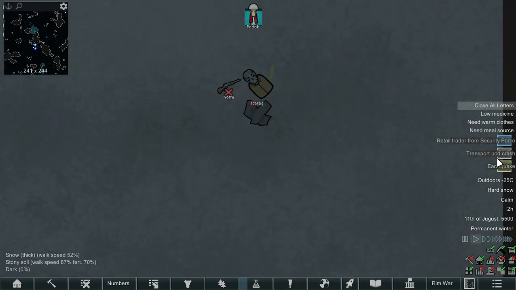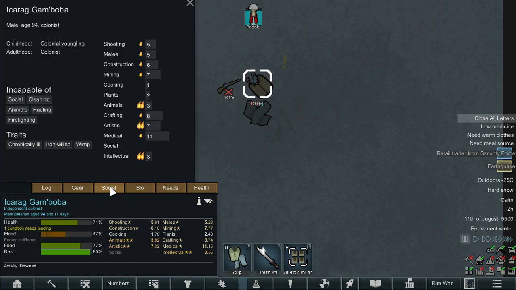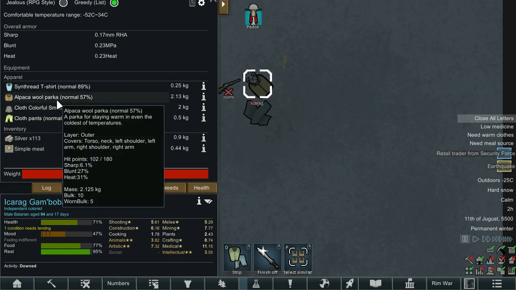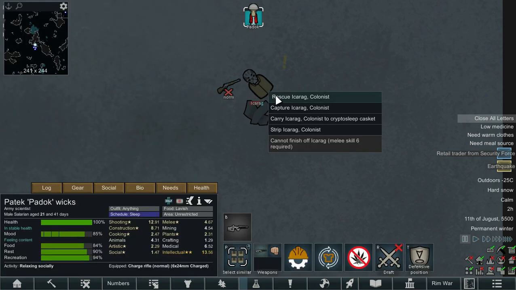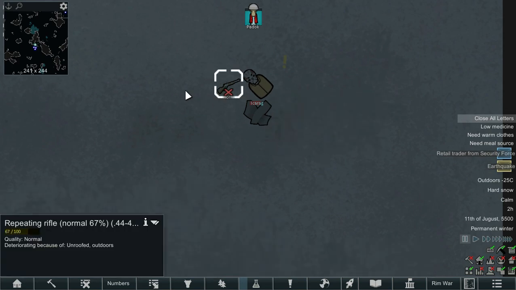Just had a transport pod come in, which might be quite useful. So it is a Batarian who isn't someone that we can really use, and his stats are pretty garbage. However, he does have an alpaca wool parka and a small backpack, which would be quite useful for us. Silver and some simple meals. So we're going to get Paddock to go over and we are going to strip him, and he also has a repeating rifle, which is